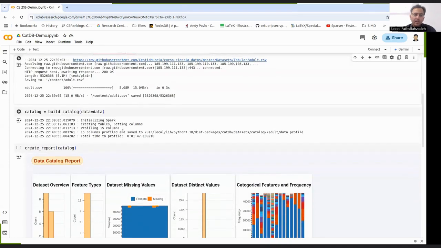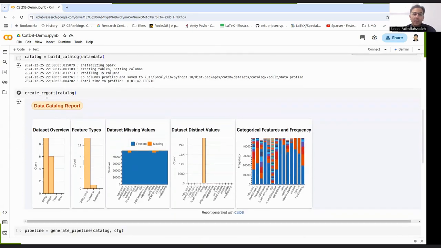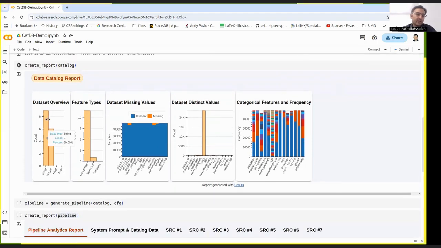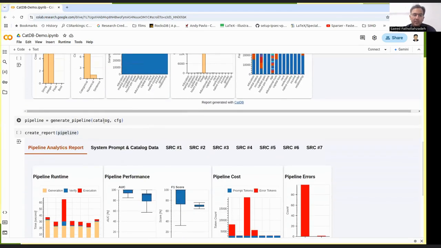After that, we submit our data to the build catalog API in order to extract and materialize the metadata. Our create report for catalog can visualize and show us the entirety of the extracted metadata from the raw dataset. For example, dataset overview, feature types, missing values and their frequencies, and categorical values and their frequencies. Next, with the data catalog and LLM configuration, we can generate the actual ML pipeline and execute it with the generate pipeline API